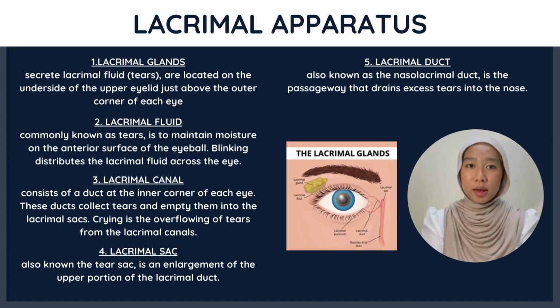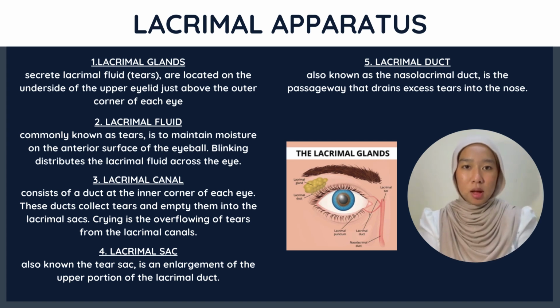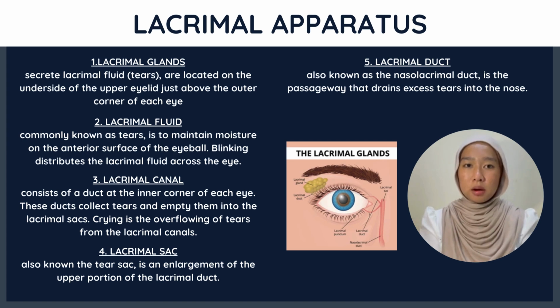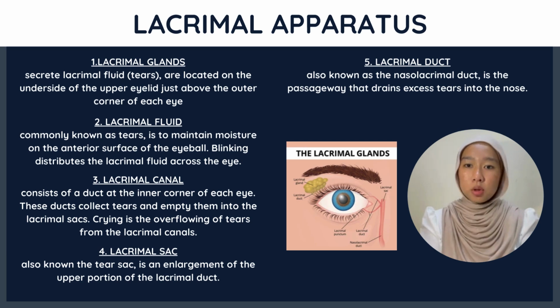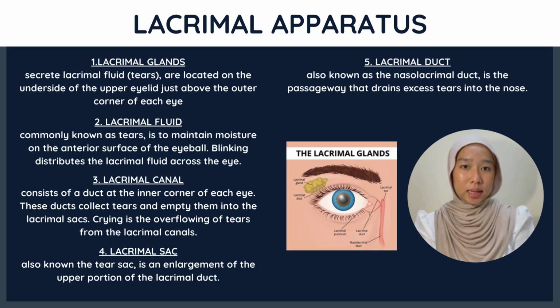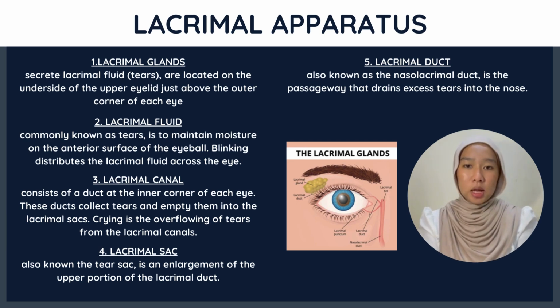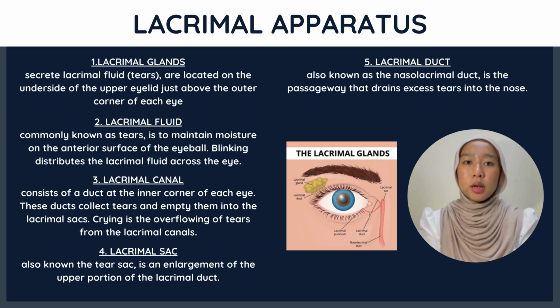Next, we move to the slide on the lacrimal apparatus. So first is the lacrimal glands. The lacrimal glands secrete lacrimal fluid, or tears, and are located on the underside of the upper eyelid, just above the outer corner of each eye. So second is lacrimal fluid. It is commonly known as tears, which maintain moisture on the